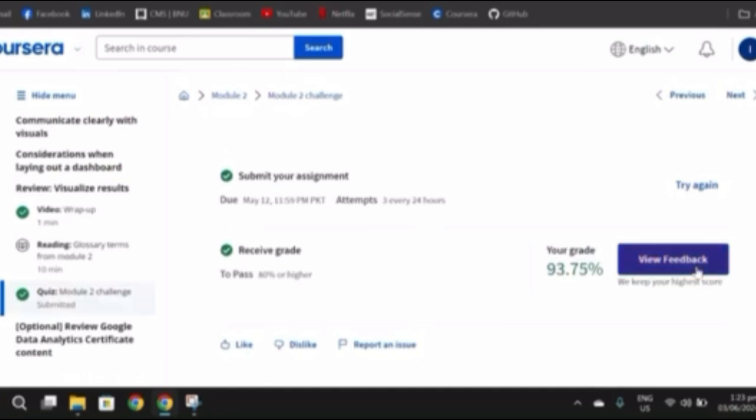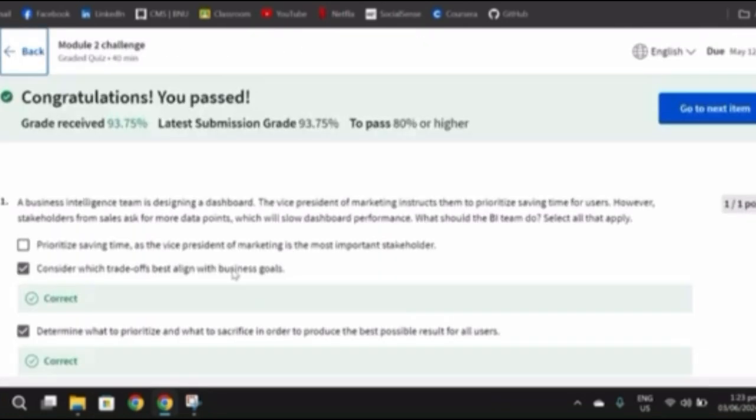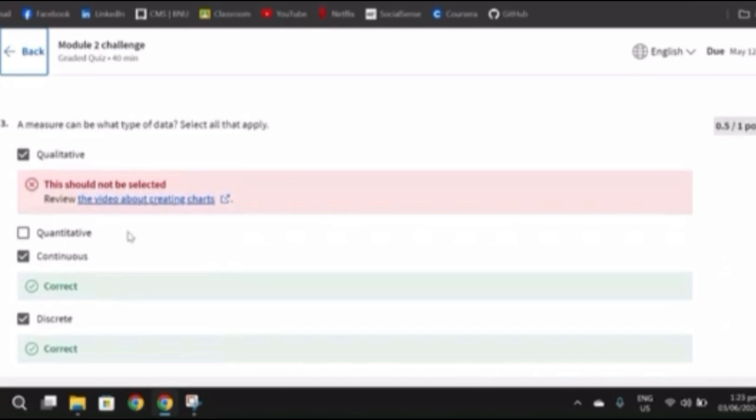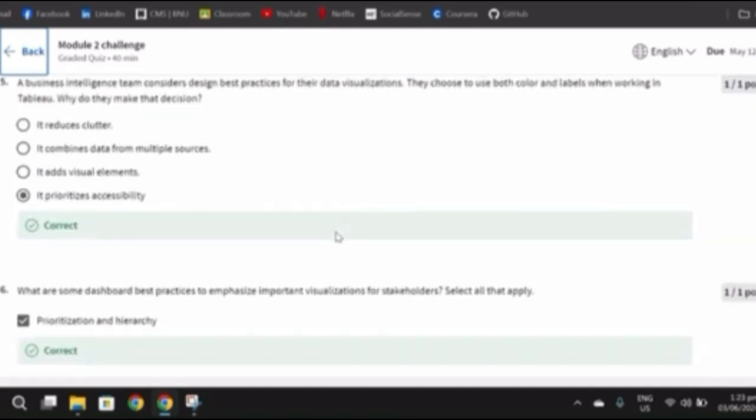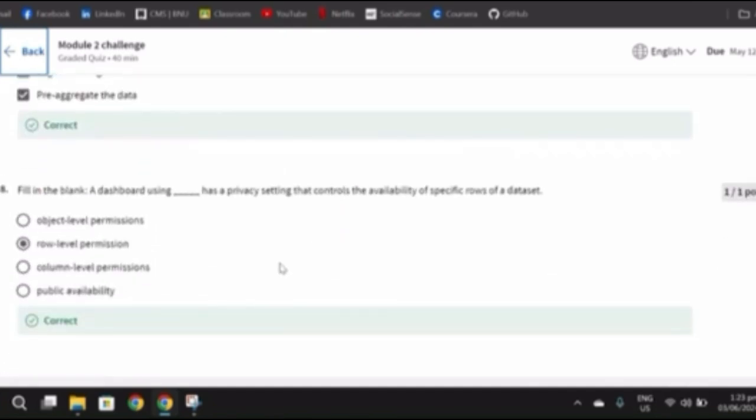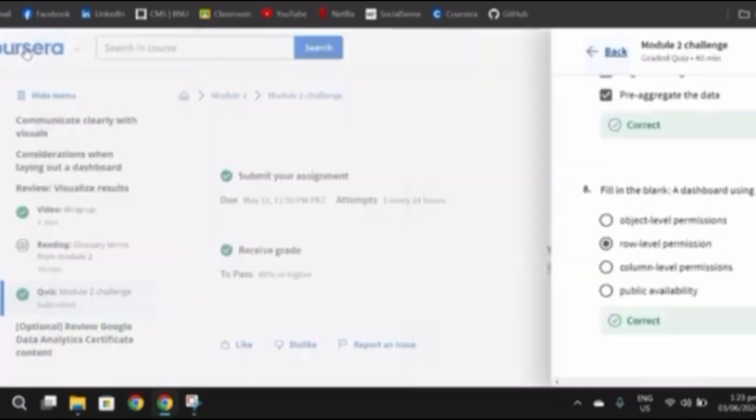At the end of the module, we had a quiz, and here is my solution where I scored 93.7%, in which I got half of them wrong and the others were correct. Now, moving towards module 3. So, in module 3,